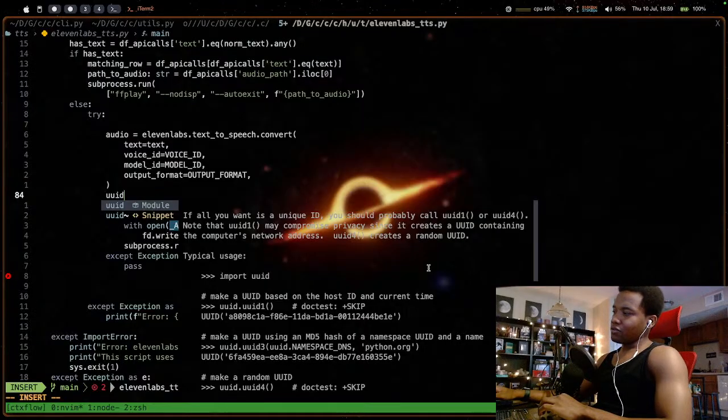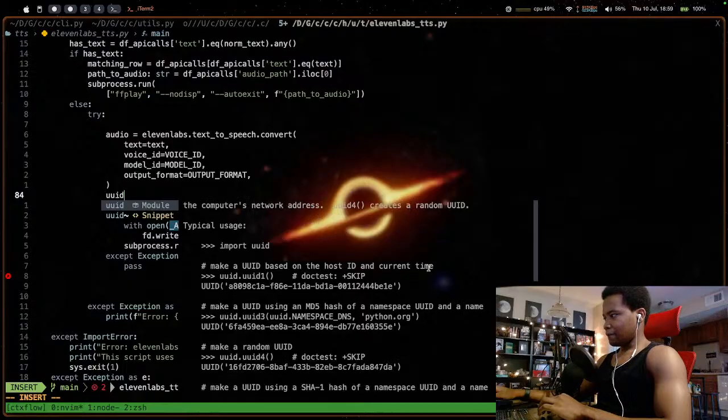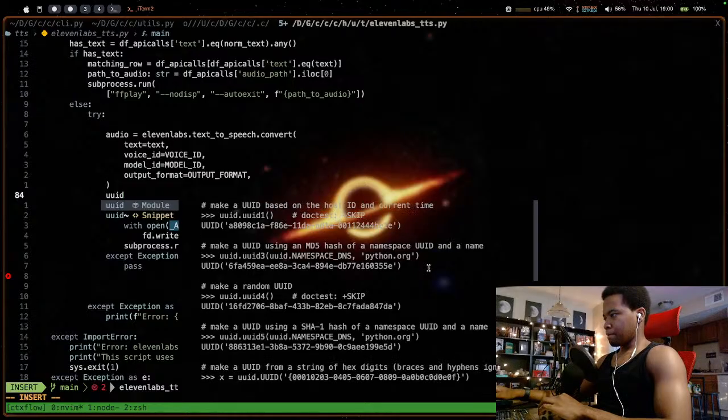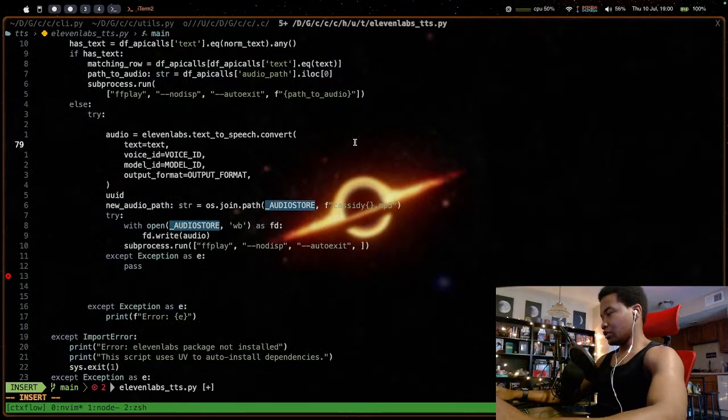Okay, so that's why, because it's host ID and current time. Make UUID using the MD5 hash of namespace UUID and the name. Okay, we don't need all that. We just need UUID4. We'll just do UUID4.